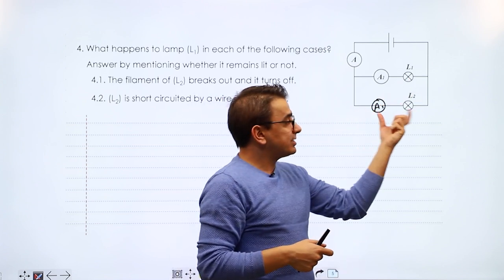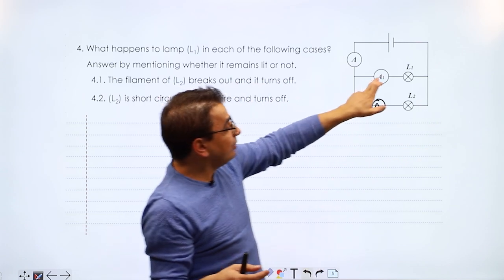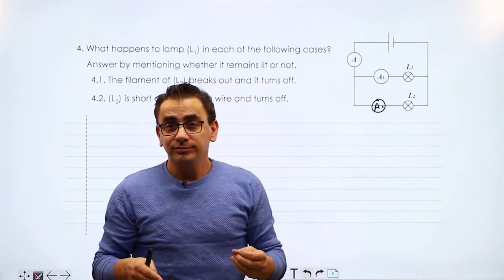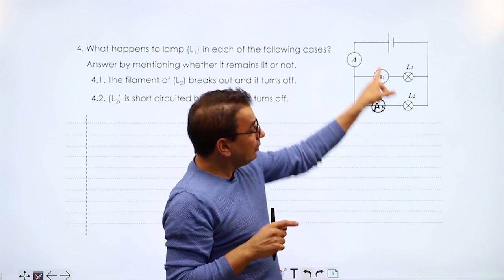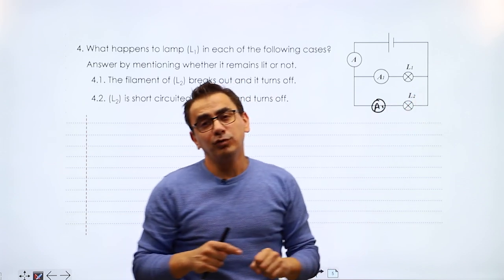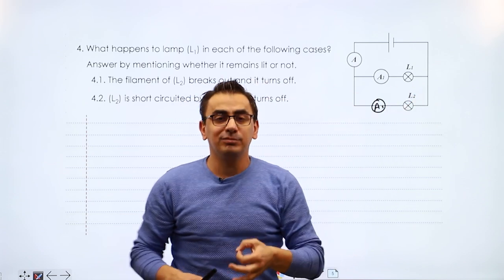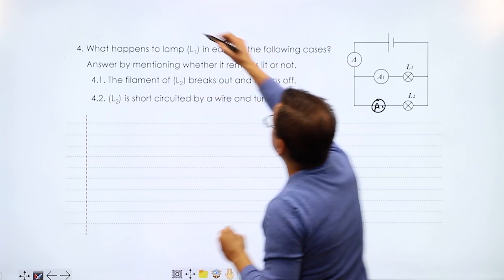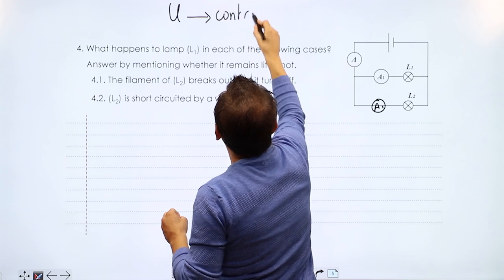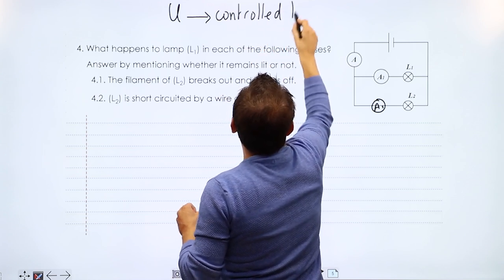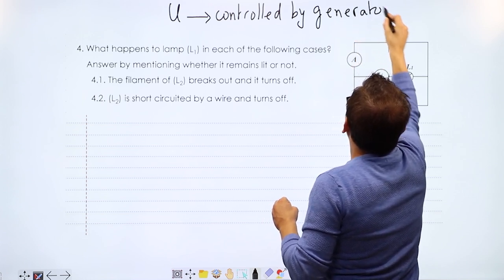No more voltage across the lamp, but there is some voltage across the wire. I don't care about that. The voltage across lamp 1 stays the same. The misconcept that usually people think about is the voltage remains the same, but more current flows through L1. That's wrong. The current in L1 remains the same. So keep in mind, guys, voltage is controlled by the generator, while current